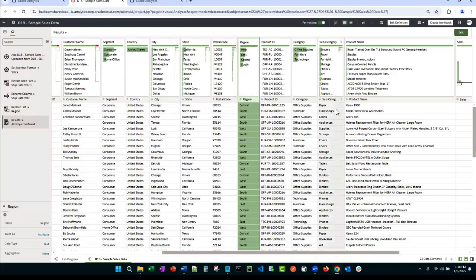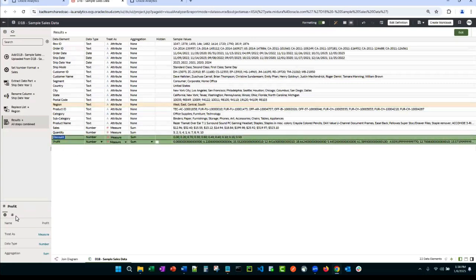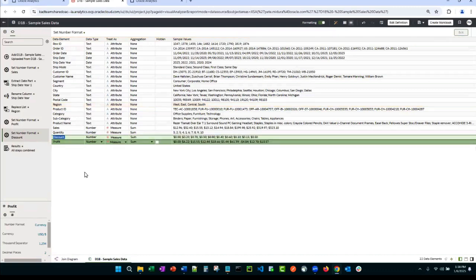Now, a few more features within this area I want to point out is we have another view here. It's called metadata view. This is great for quickly looking at all your columns, especially if you have a large amount of columns, 50, 100, 200 columns within this platform. It allows you to quickly update some of the characteristics of it. For example, if you have these two measures, you can multi-select. And now I can come here and say, make both of these currency. So you don't have to do them one at a time.